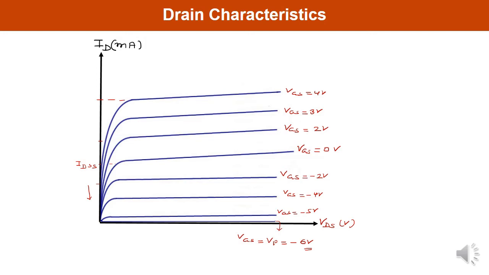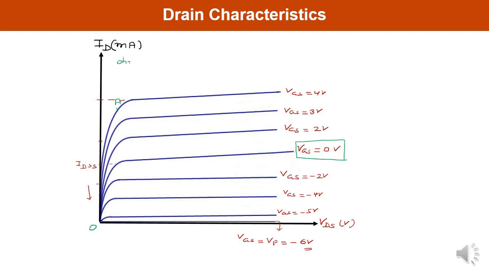So this is how you can draw the drain characteristic for all the three different cases. When VGS is 0, this case. Second is the case when VGS is negative. Third is the case when VGS is positive. You can observe in this particular curve, this overall curve can be subdivided into three regions. First region, you can observe from this point 0 to, you can say, this particular point A. This is the region which is known as an ohmic region.